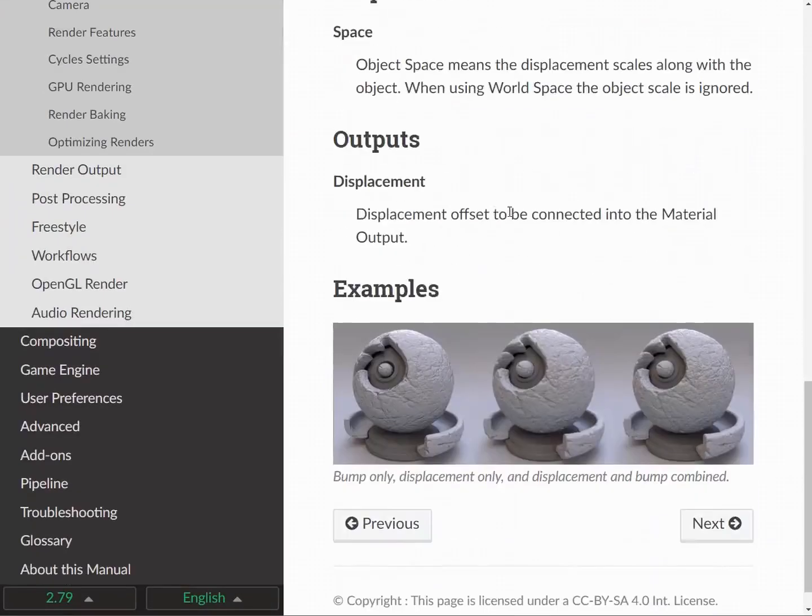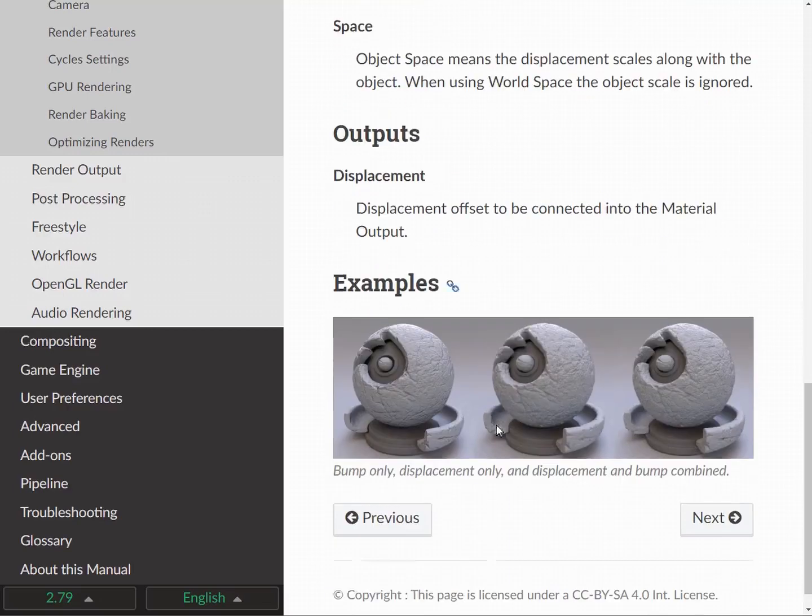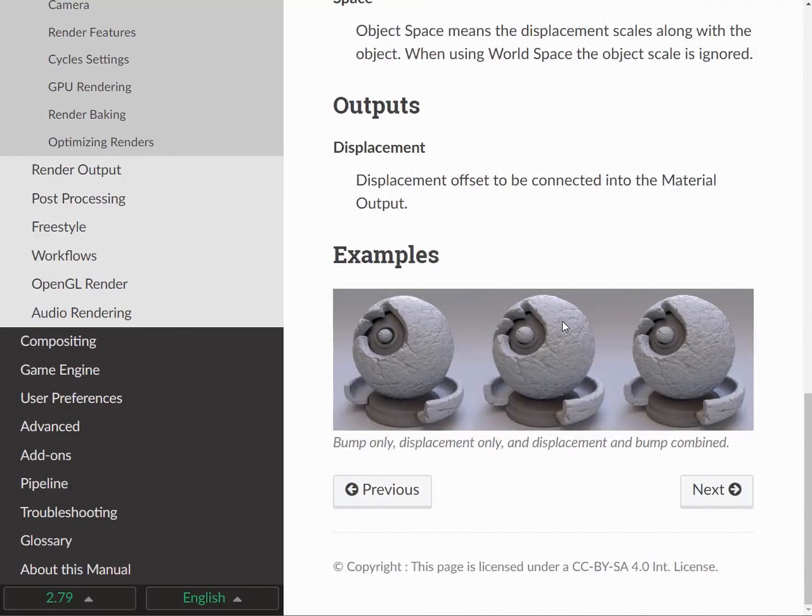Displacement, this is going to be anything like bricks, any type of rocky type surfaces. We don't want to actually model all this stuff individually. Even sculpting this could be, generally speaking, not the best thing to do for all cases. So essentially, this is just a piece of geometry that has a texture applied to it as a displacement that's